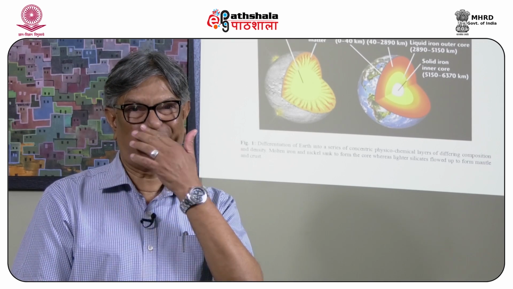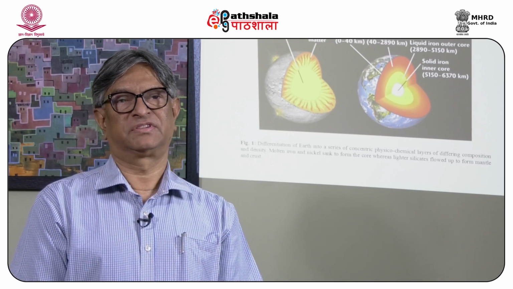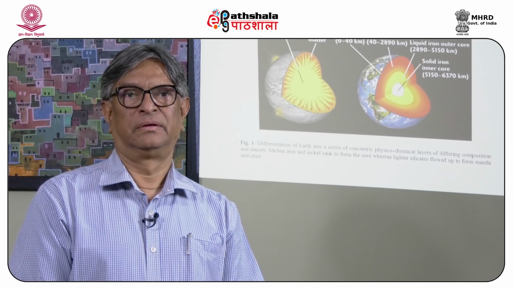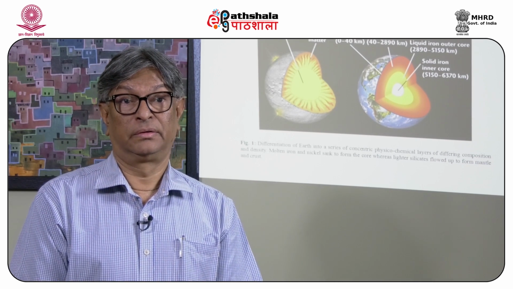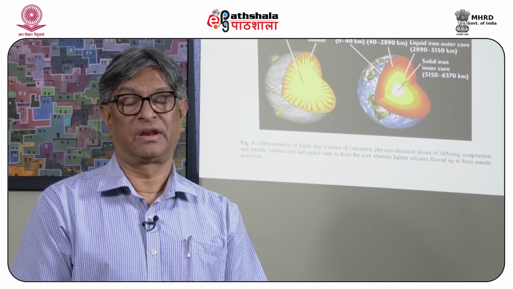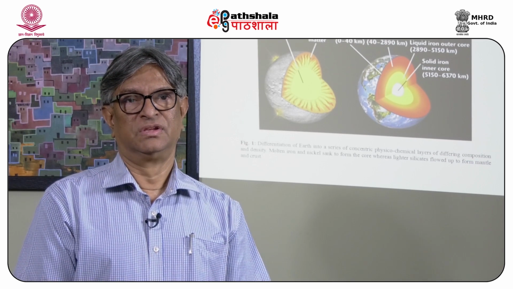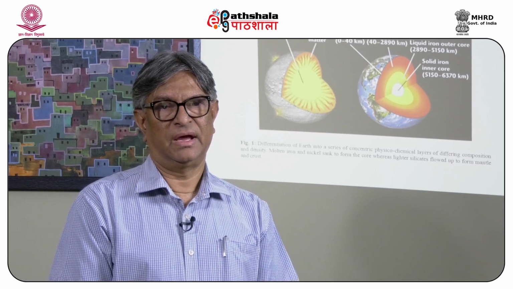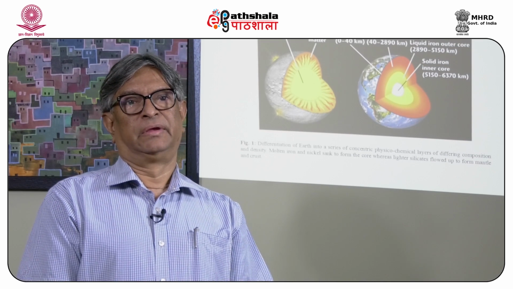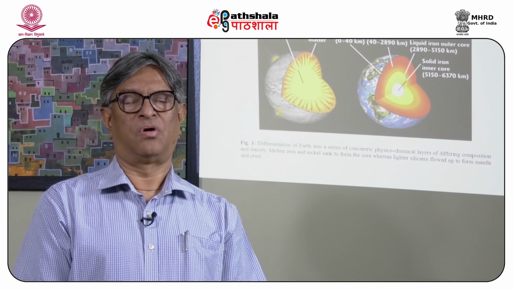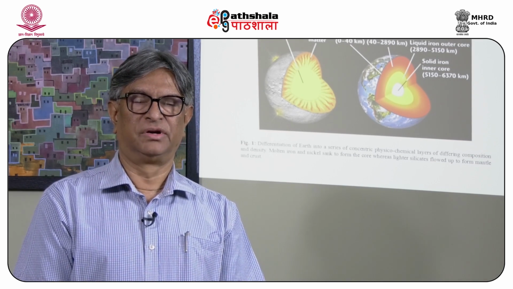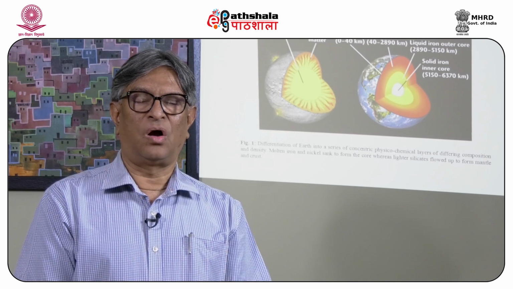It is as hot as the surface of the sun, and even 20% extra heat is there compared to the surface of the sun. So, you can imagine that the Earth is a hot engine that works,